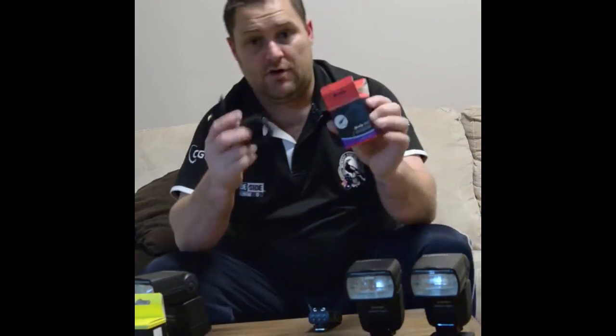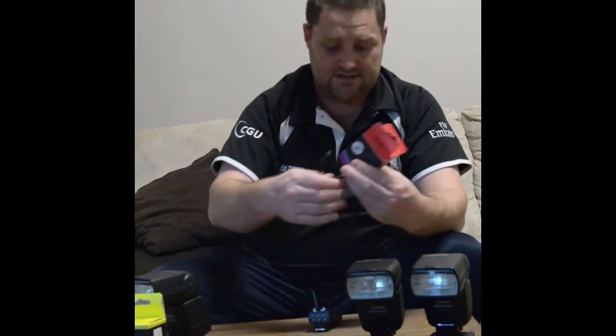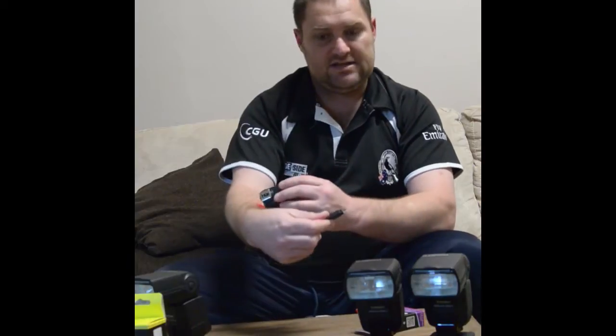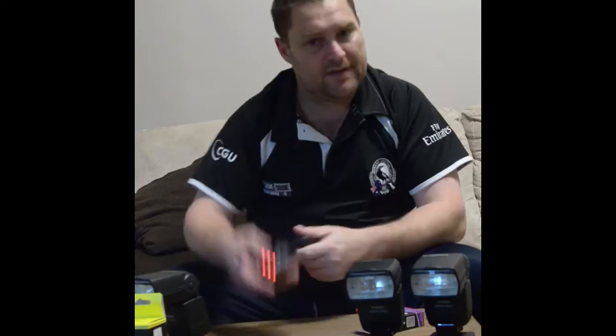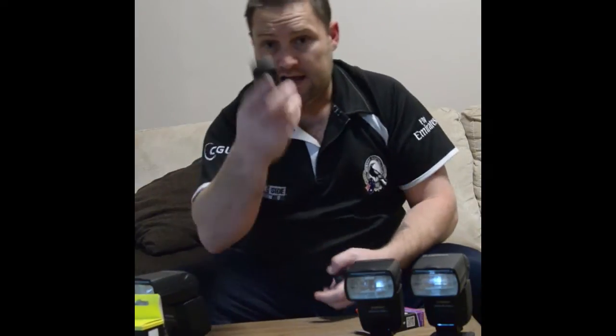So this is the cable from the SC-DC2. So this is for my D7000. So I can put a receiver, RX mode, into the PC sync cord, into my shutter, transmitter in my hand, ching ching ching, press the test button, I've got a wireless shutter release for my camera. So that's another little feature, so make sure you get the right cable to match your